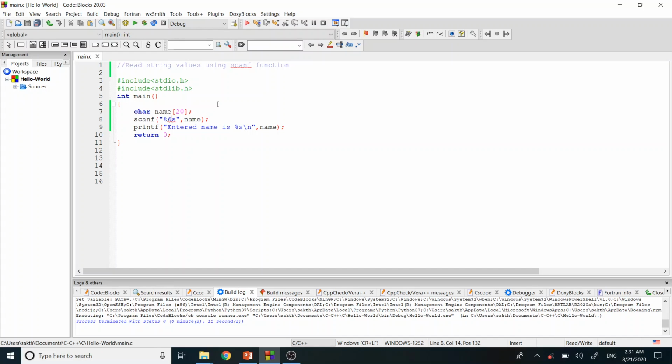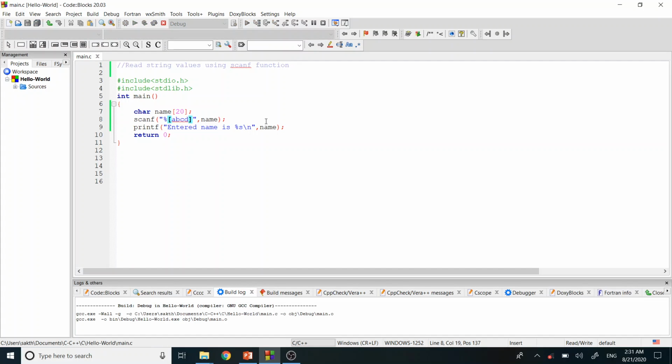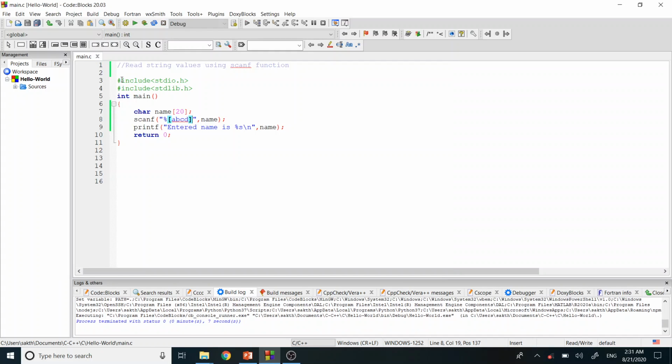Next, you can set up a search set that can be used for reading only the characters that belong to that set. Say I used ABCD here. I'll run the program and give you better examples. If I type ABCD, whatever I type as ABCD will be printed, because those are all characters present in the set.